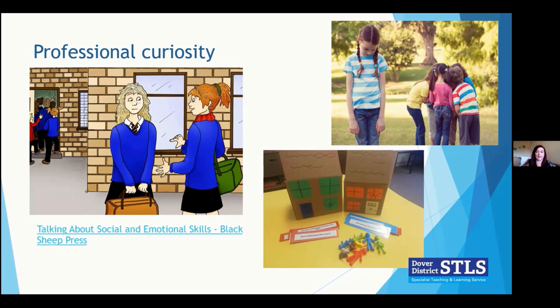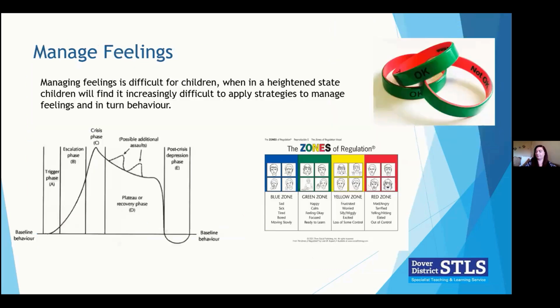Also on the screen is two households, and this is quite a good way for children who have got multiple households within their family. For example, mum and dad's, or mum and dad's and nan and grandad's. It just gives them an idea to be able to explore what presents in those different houses. So there's some cue cards there, and how they differ, how they're similar, how that child feels in each house, what they really like about each house, what they don't like. And again, it is a conversation starter for developing how the child feels about different aspects of their life.